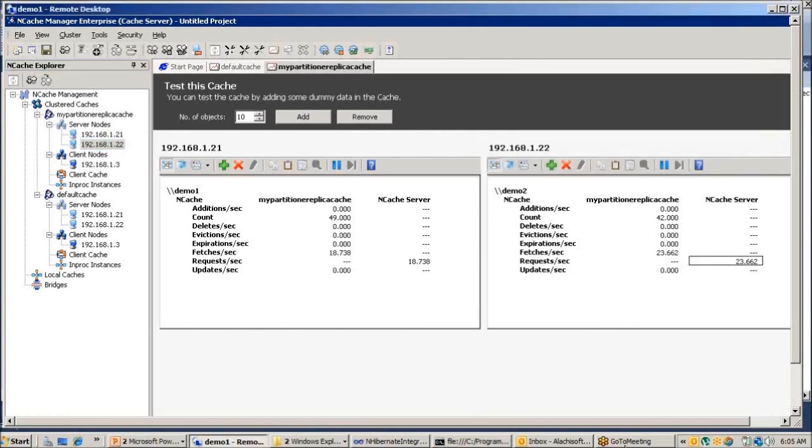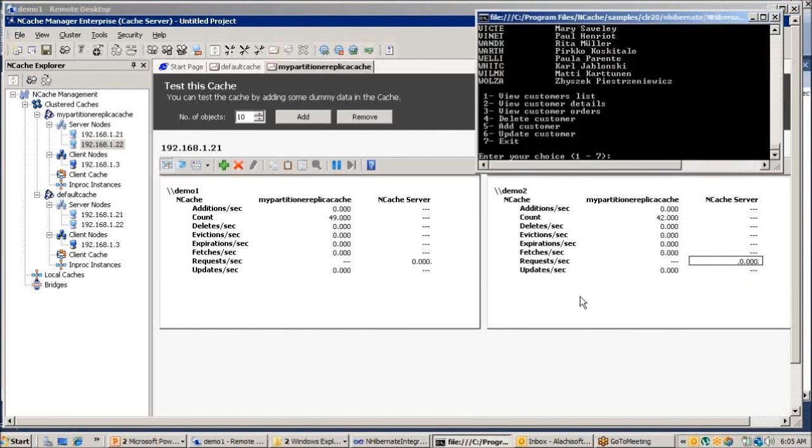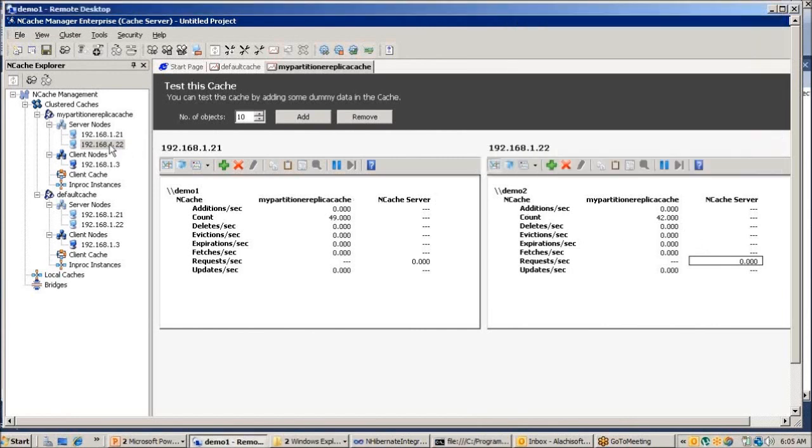Now we can have the reliability test. We can take down one of the cache servers, and still you will see that the cache cluster is capable of giving you the items and recovering them from the remaining servers. For that, we'll have to stop one of the servers, and I'm going to do that. We have the two servers, 21 and 22. I'm going to stop 22 as if it has gone out of the cluster, and then rerun the query.